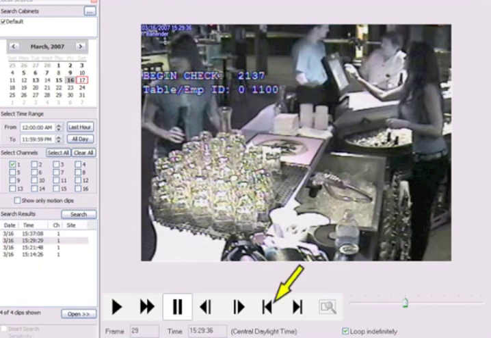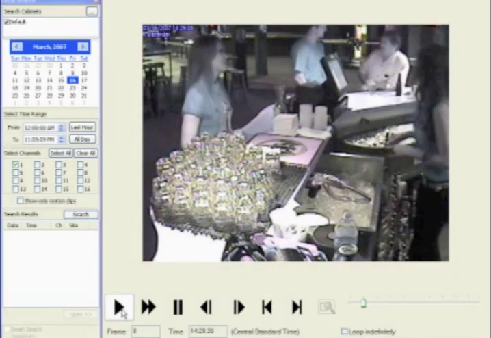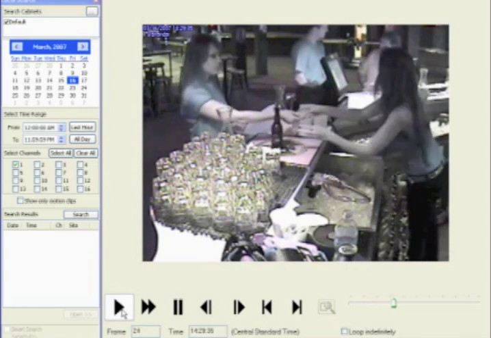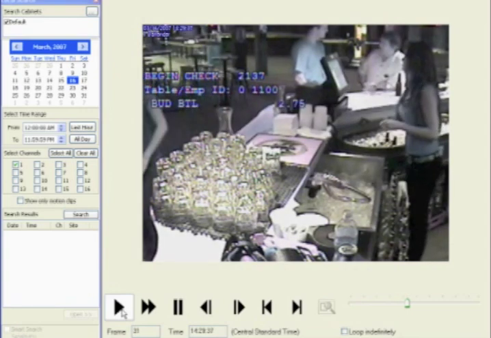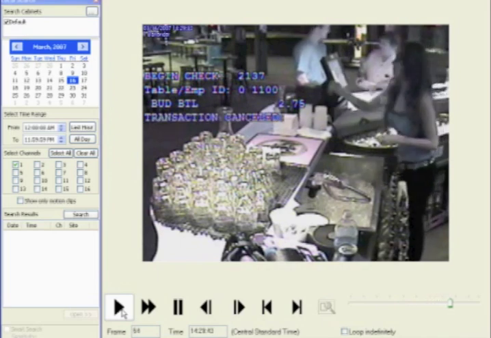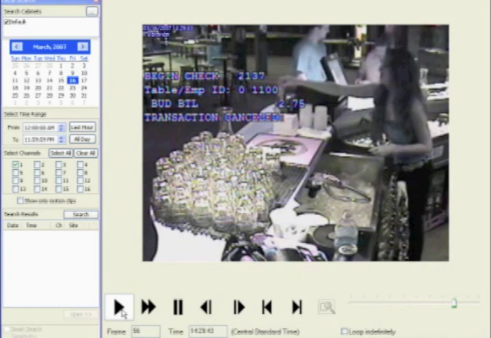By selecting the Rewind button, the clip will back up to the beginning, and the entire sequence related to the POS transaction can be reviewed from beginning to end. A Remote Eyes video management system, working together with the POS system, can significantly improve the operation of any business in the hospitality industry. Not only will integrated video increase profits, customer service and employee performance will also